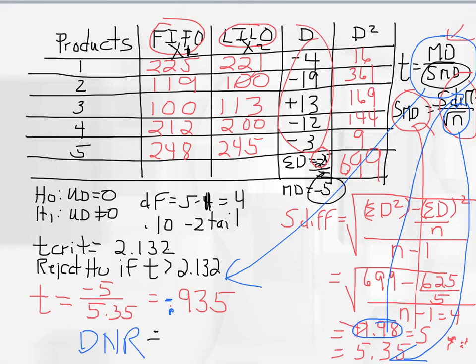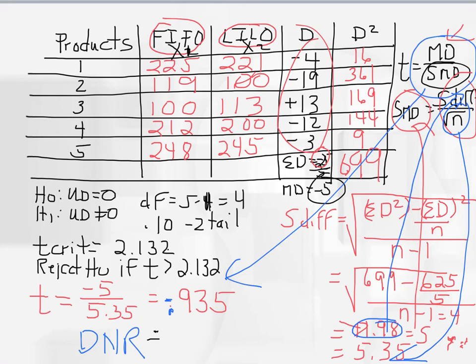And what we would conclude is there really is no difference in cost between these two types of inventory. In order for us to say that that -5 difference, that $5 million less which last in, last out resulted in, is statistically significant, we had to get a t-value of greater than 2.132,